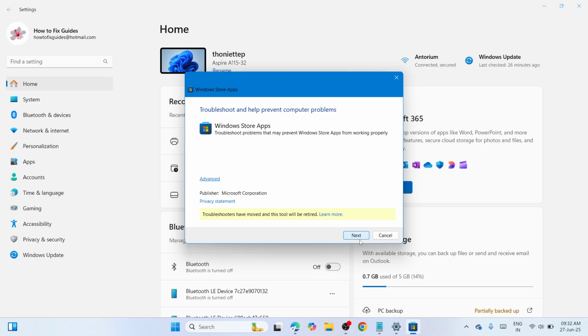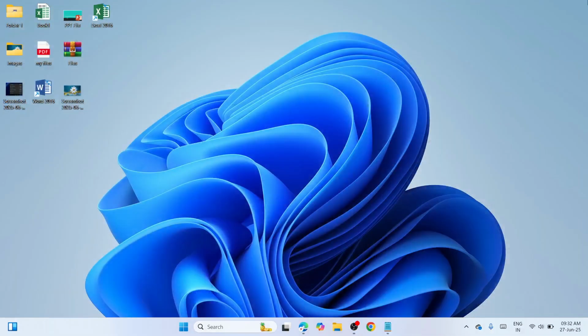Okay. So wait until this procedure would be finished, and once you are done with this, please check if the error has been resolved. However, if not, then let's move on to the next solution, and that is to reset